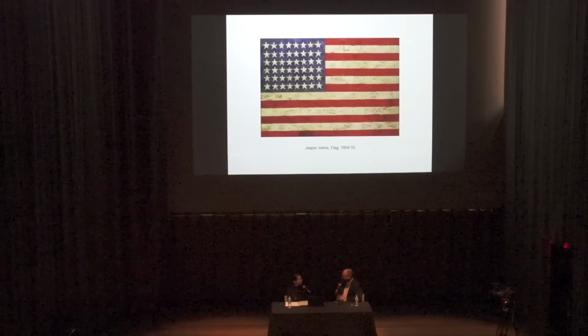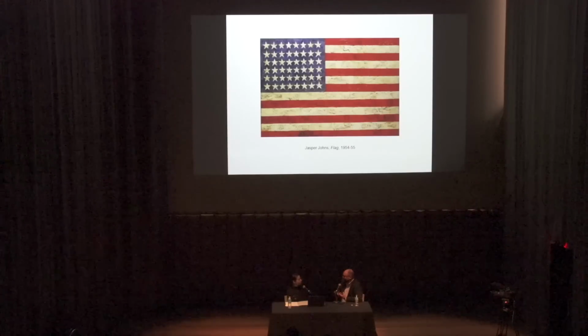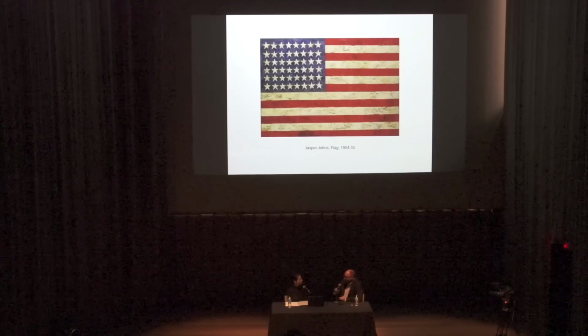The idea of object expressionism. Here we're going after this kind of period of high modernism. You can point to many different places as points of origin. The Jasper Johns is one that I always think of, this famous painting, Flag, which is a painting of a flag at the same time that it is a flag. It is a flag. So that kind of equation of the thing and the representation is something that's quite